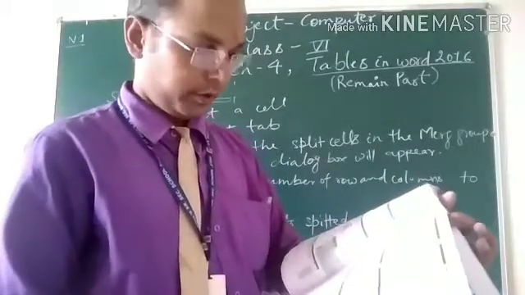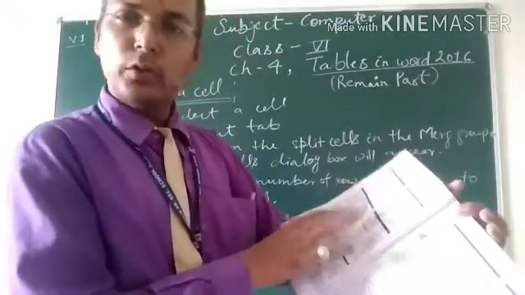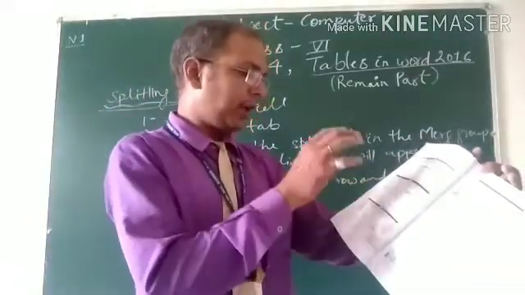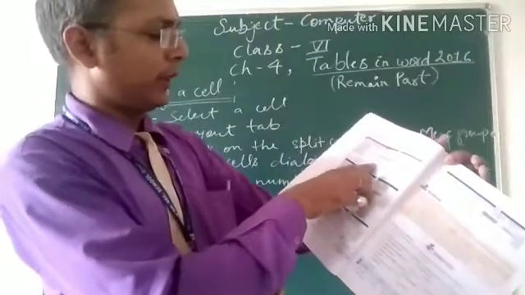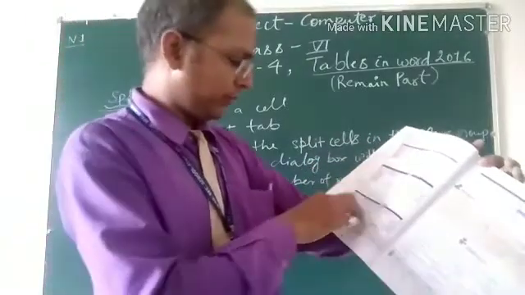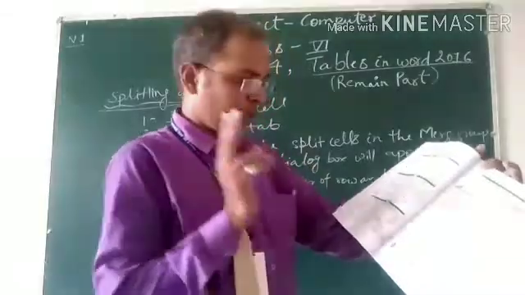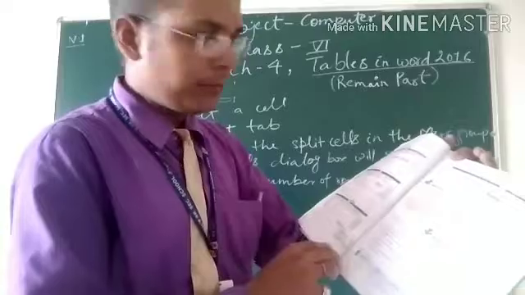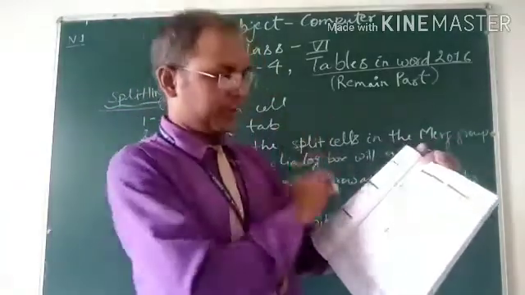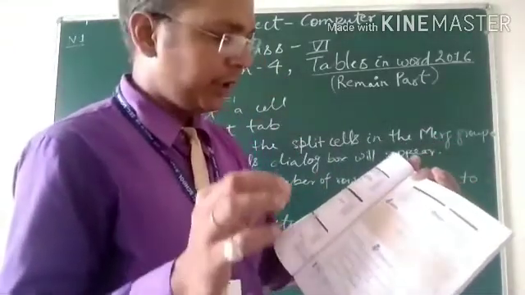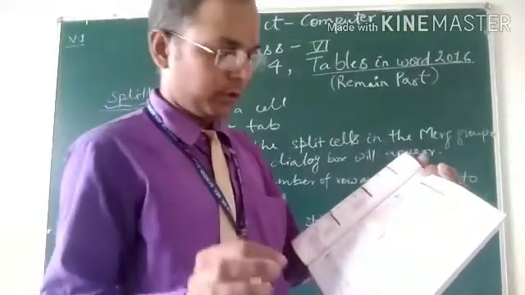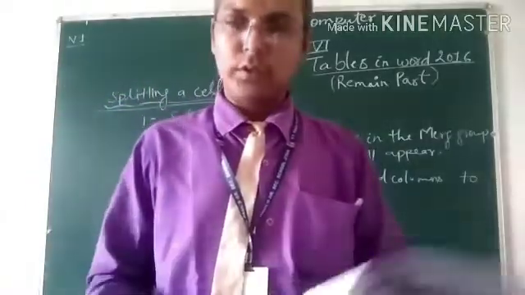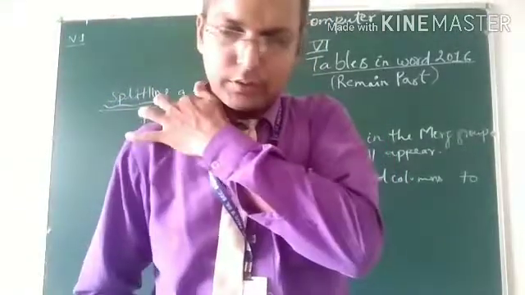You should also read very carefully and look at all the pictures. Next, merging cells on page 44, and also figures 4.19 and 4.20 on page 44. Splitting cells, figures 4.21 and 4.22. And the last figure of this chapter, figure 4.23, table after splitting a cell into multiple chosen columns, on page 45. So your chapter is finished.